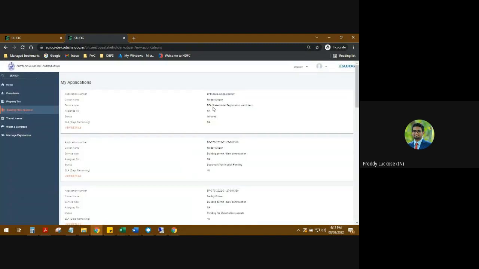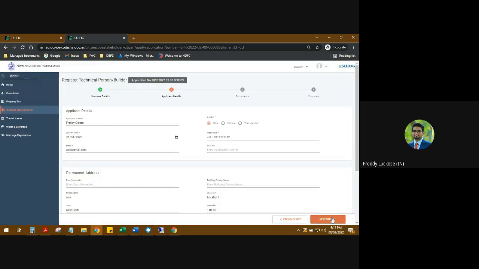And as we can see, the first application that we have created is already in the draft state. It's written status as initiated. So this is the way to actually continue with the application. Whenever you see that error message, it would mean that your application is already created. You have to go to building plan approval, and under my application, you have to select the application that is being shown here. So just click on view details,